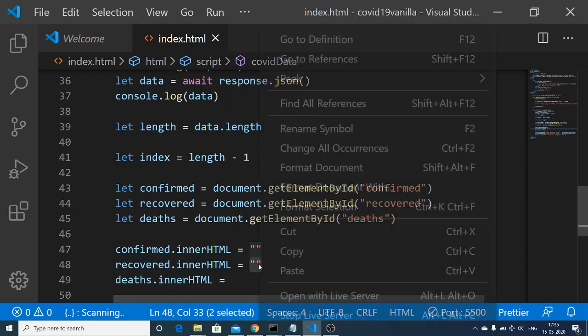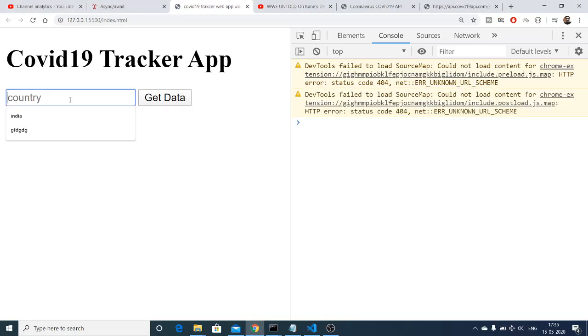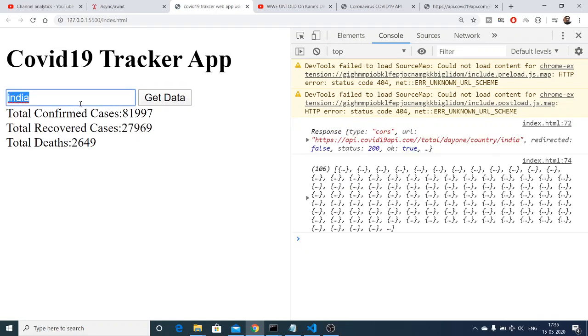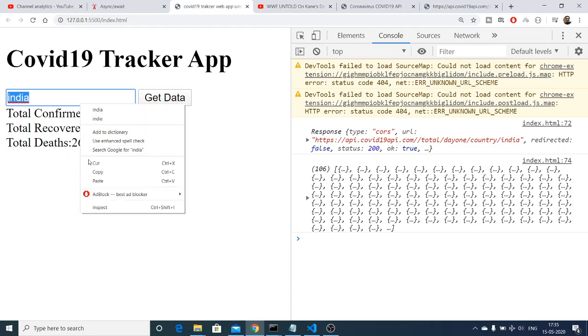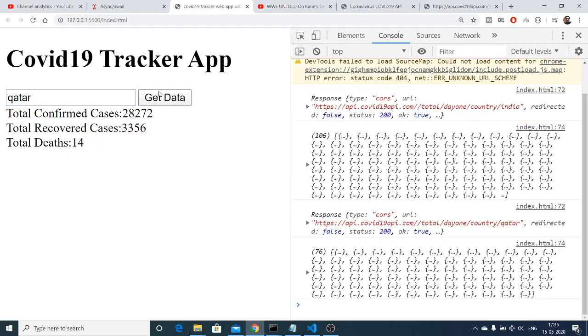Let me just copy this. Now if you reload this, you will see the results here. If I change the country, now you can see that.